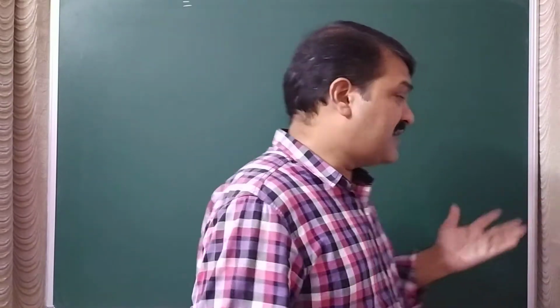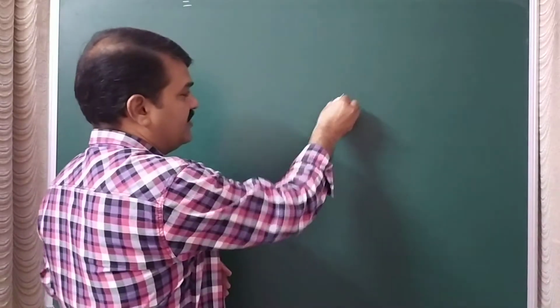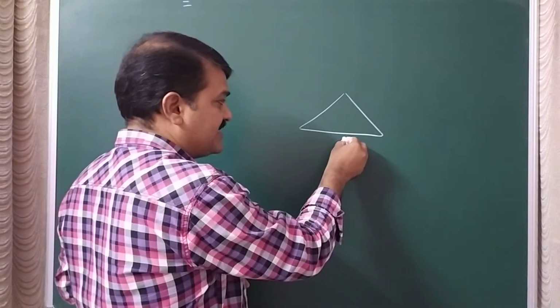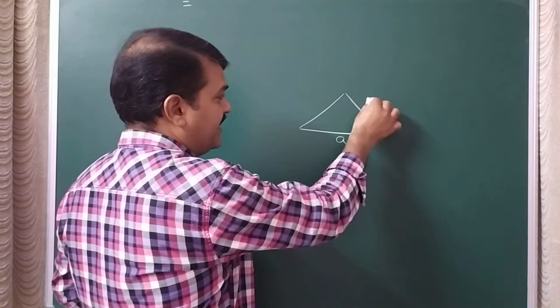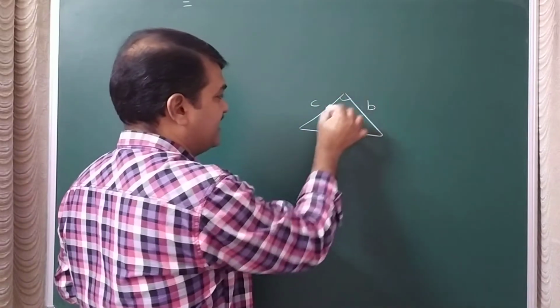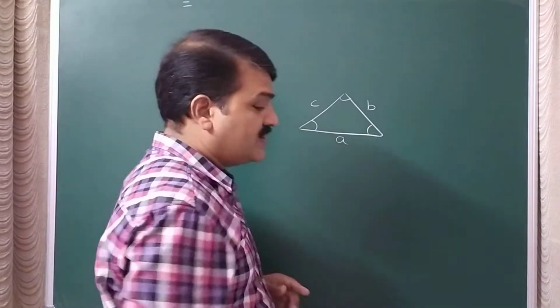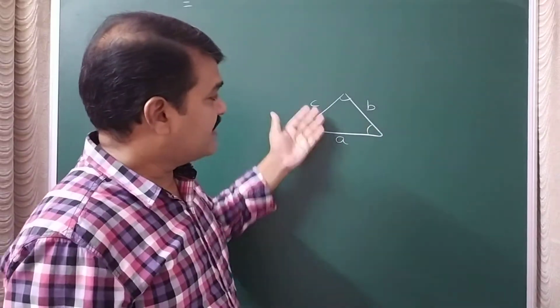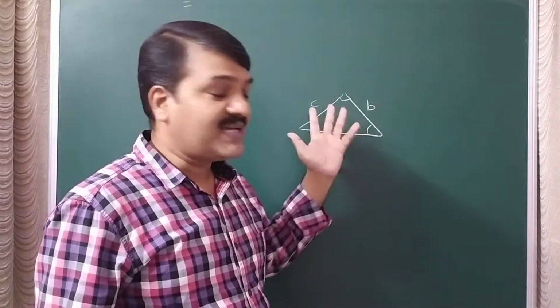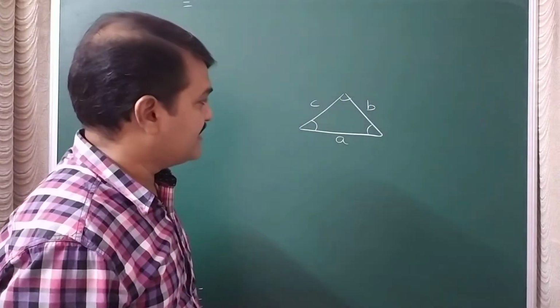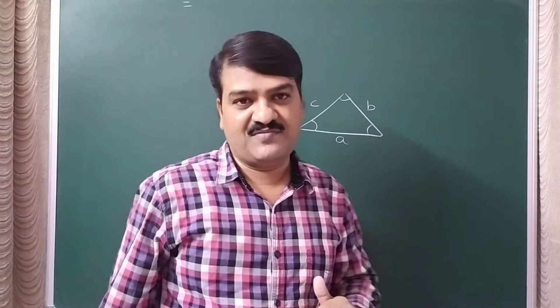Basically a triangle means a three-sided figure which has three sides. I can take it as ABC, and it has three angles at the vertices. Therefore in trigonometry generally we will discuss how to measure the sides, angles, the relations and all these things. So what is an angle first of all?